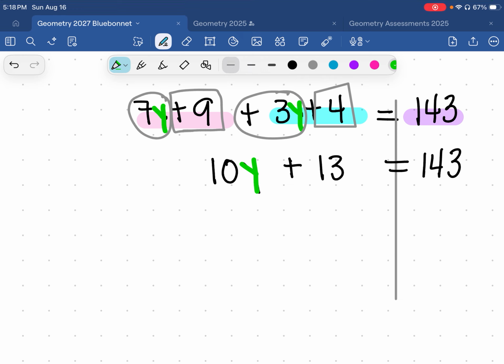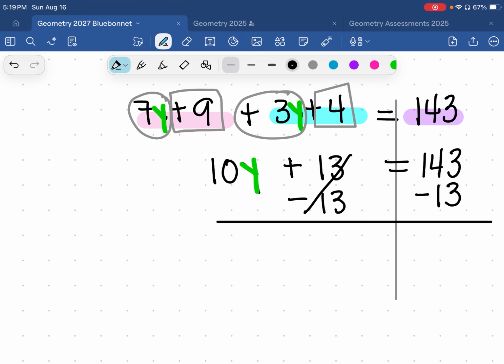Okay. Remember, the whole reason for me making that Y a green color is to focus my brain over here to the 10 and the 13. I also know that I have to get rid of the one without the green Y first, so I'm going to go to the 13, and since it's positive, I'm going to subtract it to the other side because I always do the opposite, leaving me with 10y on this side, and once I subtract, I get 130 on the